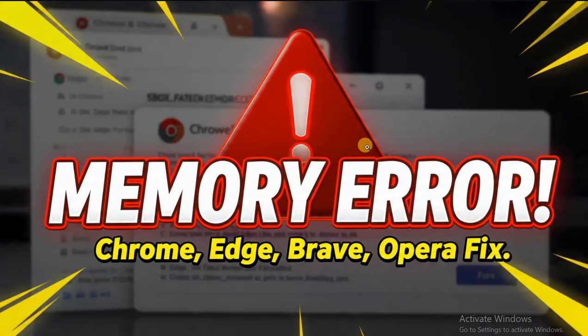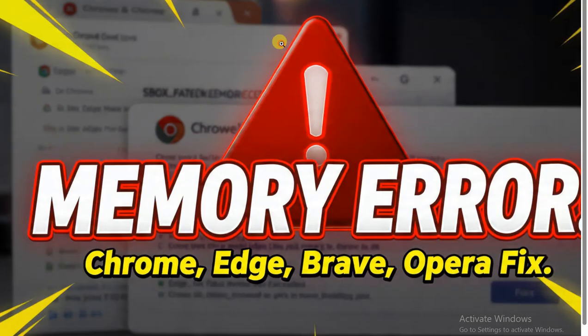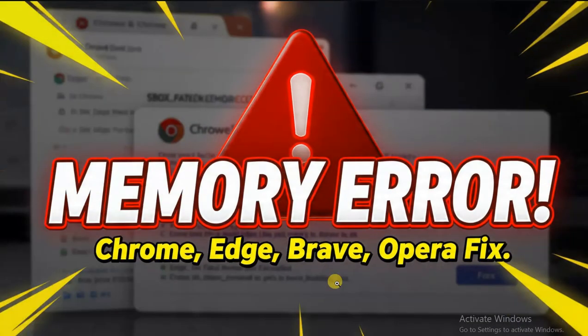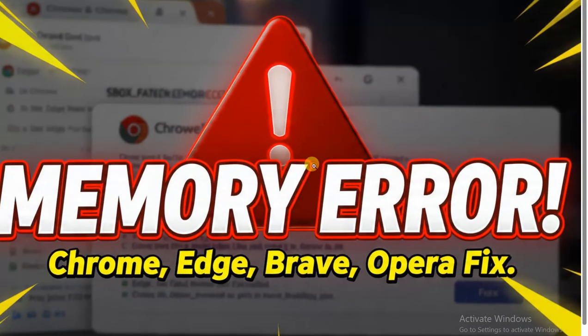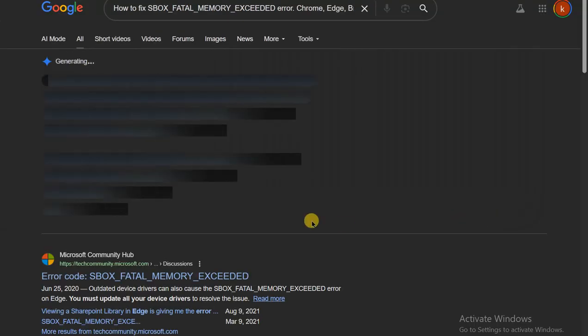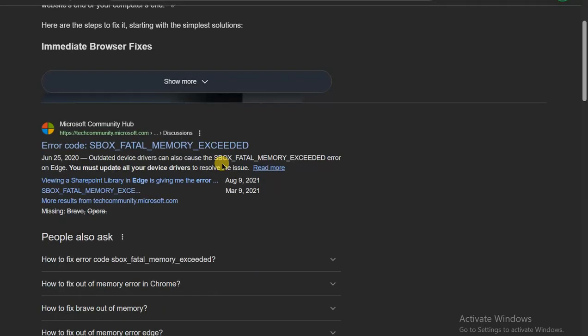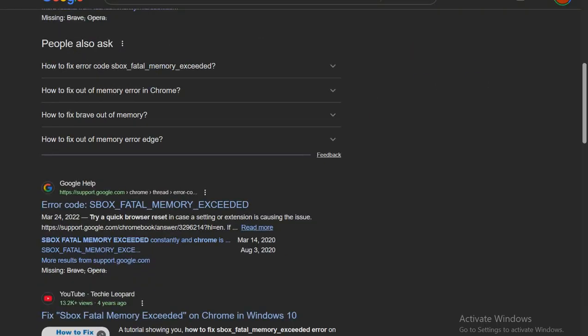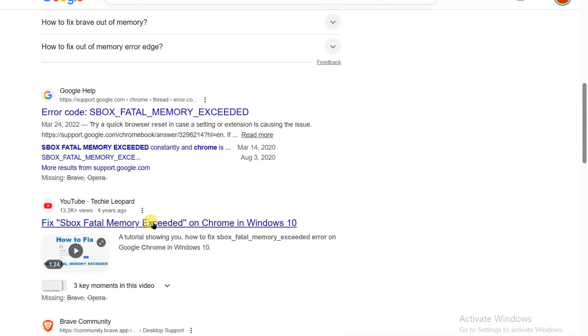Video to fix the Sbox fatal memory exceeded error on Chrome, Edge, Brave, and Opera. And if your browser keeps crashing or tabs suddenly close with this error, this video is for you. Are you frustrated because every time you open multiple tabs or heavy websites, your browser shows Sbox fatal memory exceeded